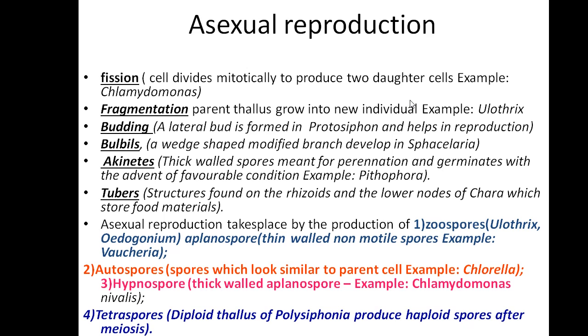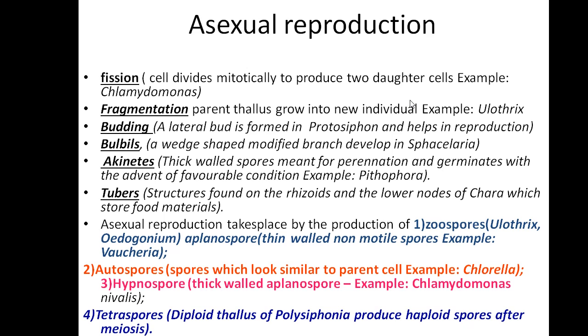Akinetes means thick-walled spores. Akinetes is important, 1 mark for you. These are thick-walled spores meant for perennation. Perennation means being able to withstand dry conditions, that is during water scarcity or dry conditions, the cell can tolerate with the help of this thick-walled spore, which is called perennation, and it germinates when the conditions are favorable. Example,